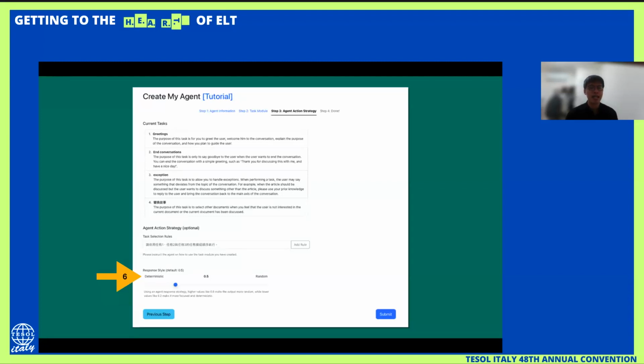The freedom here means that, for example, according to the text modules I just said, I wish students to understand how to start the conversations. So probably I wish students to understand different scenarios. Then the response style can be more random.